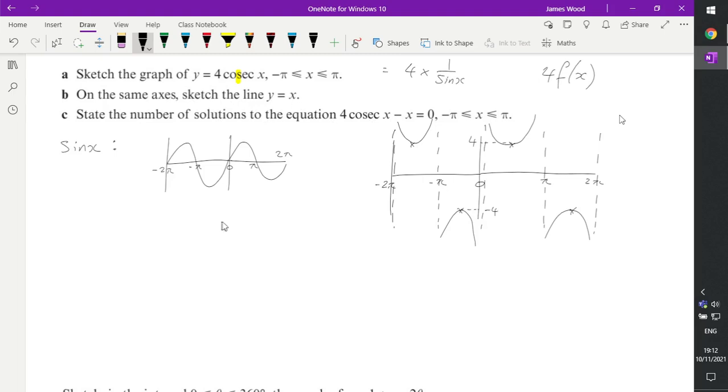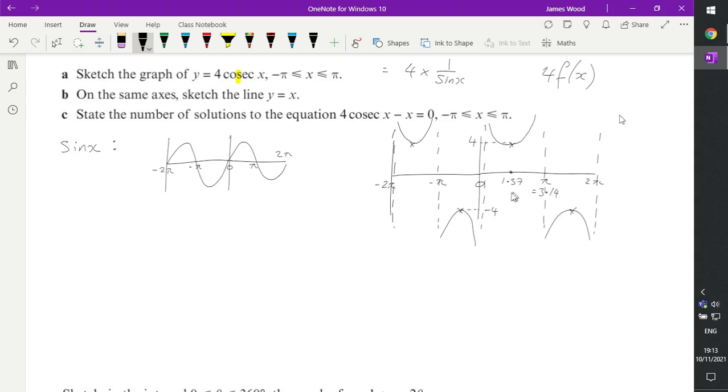So line y equals x is obviously a line with gradient 1, but it could look like, depends how you draw it, so it could look like this, or it could look like, don't know, this. Depends on our scale. Now, let's think carefully about the scale of this axis. If this is pi, maybe it helps to think of these in numbers. This is 3.14. This point here is pi over 2, that's